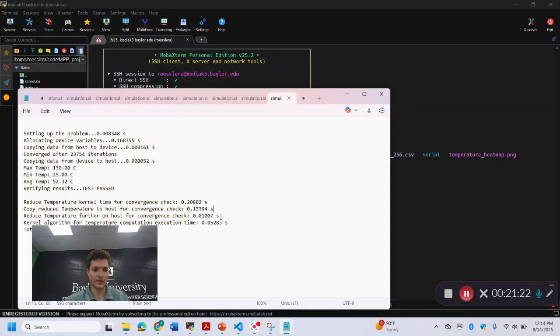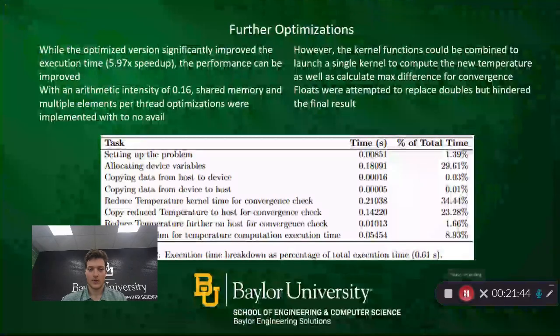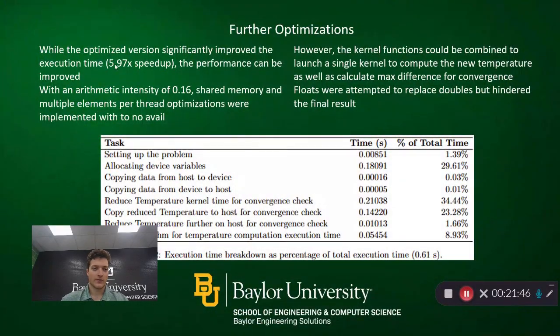It also means that reducing it on the serial reduction down to 1 value is a lot faster as well, just over 0.01 seconds there. So I think that's about a 5x speed up from the naive version. All right, it was actually a 5.97x speed up over the naive version. However,